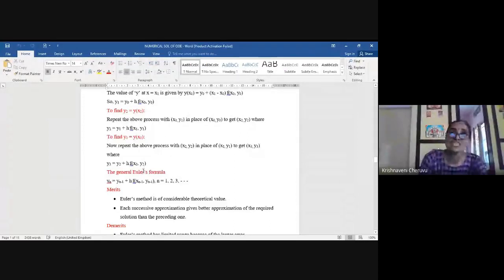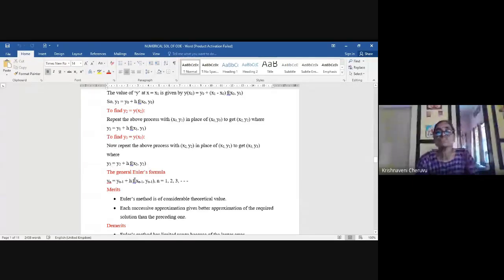So once you have x0, girls, he will give you the h value. If he gives you the h value, you find x1. x0 plus h will give you x1. x1 plus h will give you x2. x2 plus h will give you x3, and so on. Your aim is to find y1, y2, y3, for which you need x1, x2, x3. So to get y3, you use this formula y2 plus h, which will be given to you, girls, and find out x0, x1, x2, meaning from x0 find x1, from x1 find x2. And once you get the previous iteration y2, you substitute here to get y3.